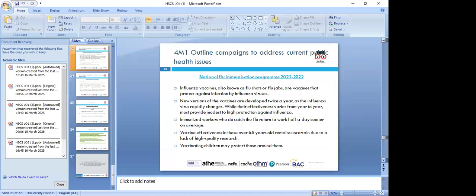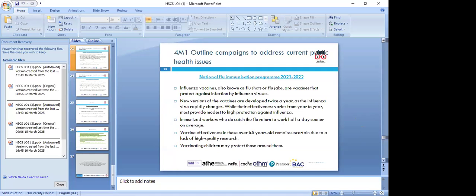So you can imagine an older person in your home, if you have a grandparent or your dad or mom living with you, because their body systems are weak, that flu may weaken them more. That can even lead to death. So it is important that new versions of vaccines are developed twice a year as the influenza virus rapidly